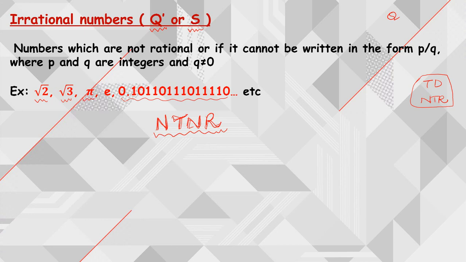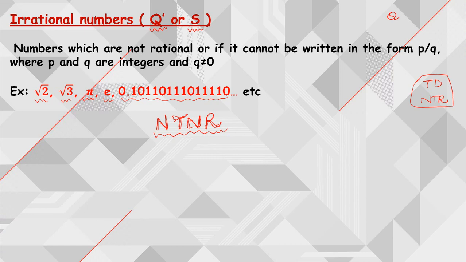And we have studied about pi. Pi is also an irrational number, e is an irrational number. These are general examples of irrational numbers. To show that these are irrational numbers, we have found their decimal expansions. But in our 10th class we are going to prove that root 2, root 3 and such numbers are irrationals. We are going to prove, and this particular exercise is very important for board examinations. Right, now we are going to learn all these things in this particular video.